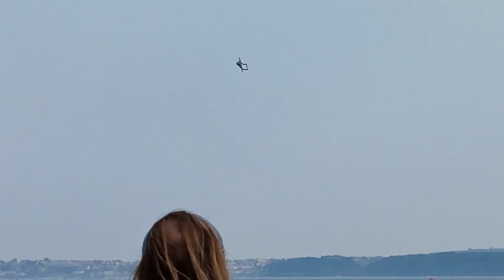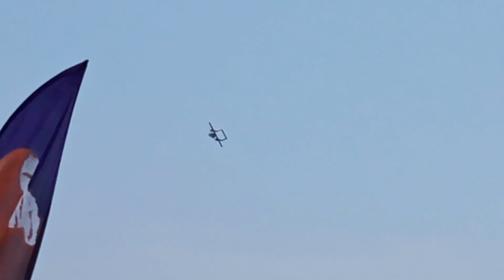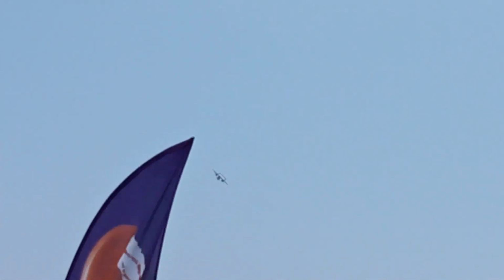Served in Indonesia, this one being an ex-German aircraft. A lovely top-side pass. Later examples flew to Morocco, the Philippines and Colombia. And this aircraft uses